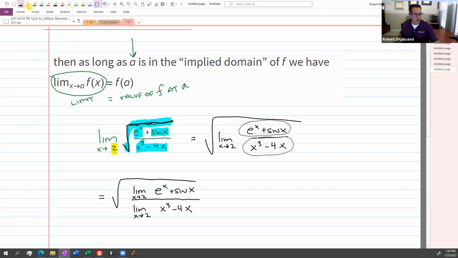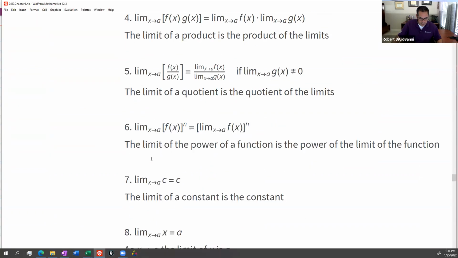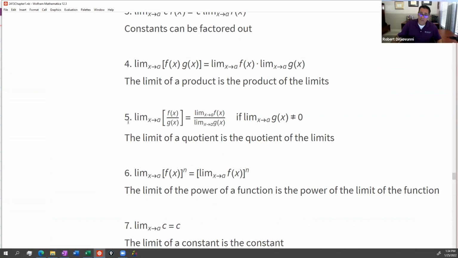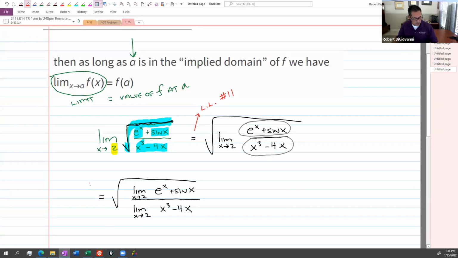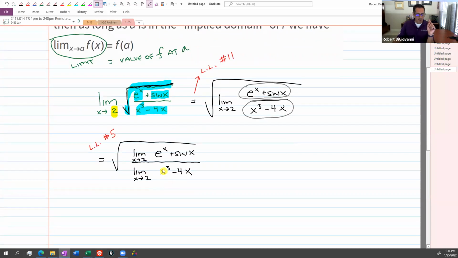Okay, so I'll label this. This was limit law, I'm going to say LL11, right? Number 11 got me there. And then limit law, which one is it here? 5 allows me to split a fraction into a limit on top and bottom. So this right here was limit law 5. Now this limit law 5 was only allowed, and Ash brought this up earlier, as long as this bottom one doesn't go to 0,